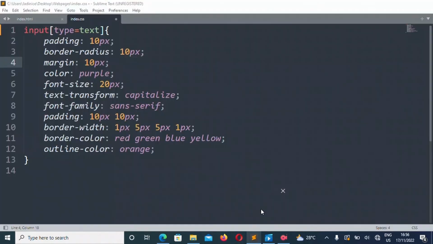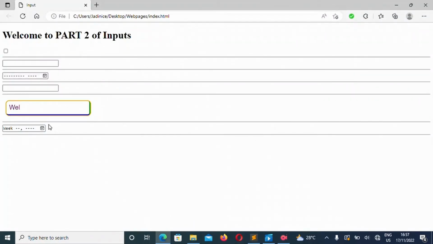Another thing that I'd like to call to your attention is the font size. We increased the font size to 20 pixels to be a little bit bigger. Now the text transform, there are three: capitalize, uppercase, lowercase. Capitalize means that every first letter of a word that I write must be a capital letter. Lowercase means that all the letters will be in lower case, and uppercase means that they will all be in capital letters. That is why when I wrote the welcome, the W was a capital. When I wrote the T, capital, D, you see, the first letter will be in capital letters.